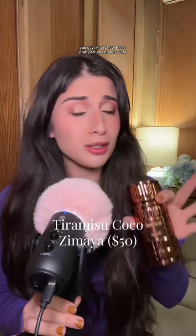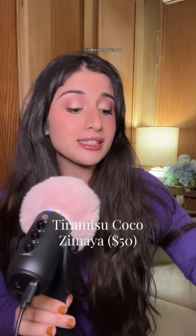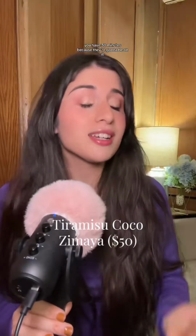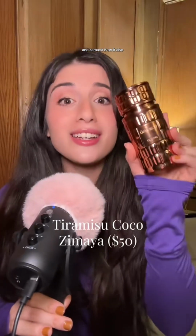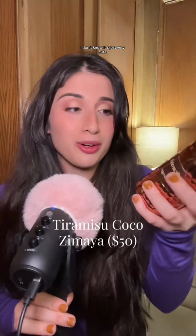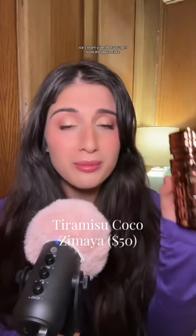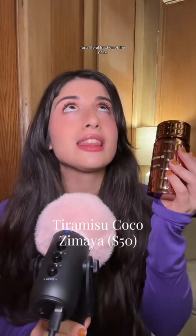You guys know how these perfume brands work. The moment that a popular perfume is released, it's like, do you know you have 30 minutes? Because they're going to be on it, and Zimaya is on it. I also really love the brown of this packaging. I don't know, it's just very cute. It's the exact same coffee amaretto ice cream vibe that you get from Amore Cafe for a literal fraction of